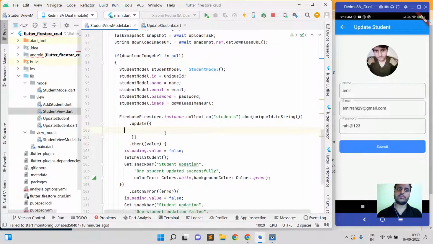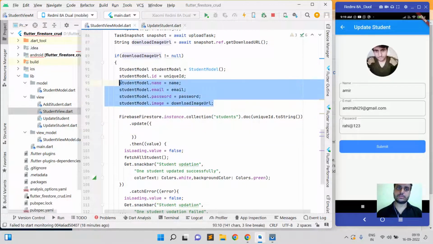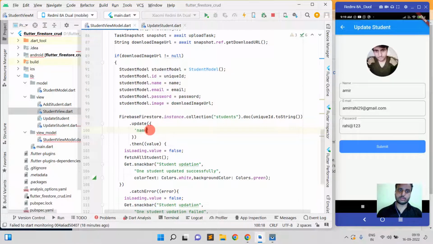And what we want to update, we can pass here. So if we want to pass name,